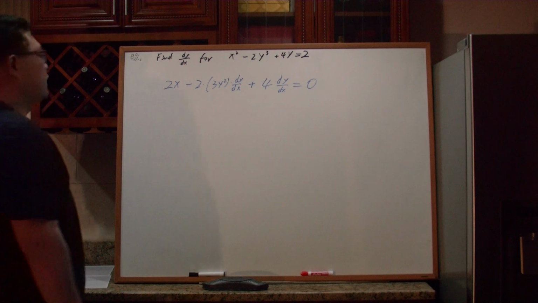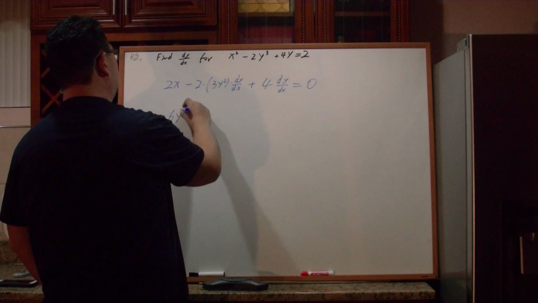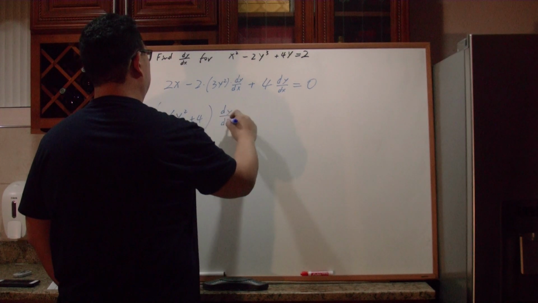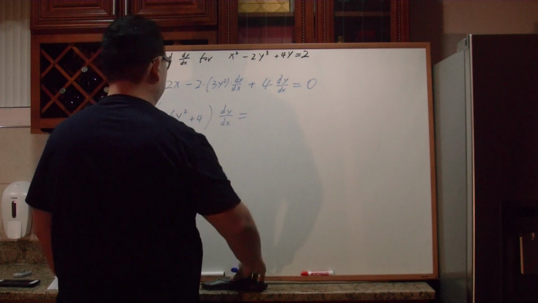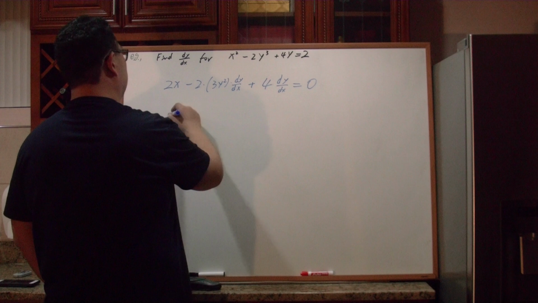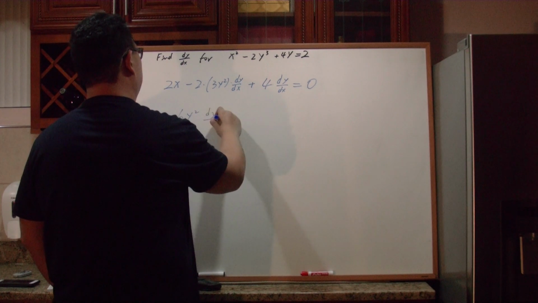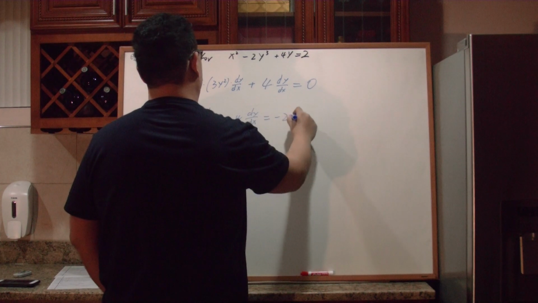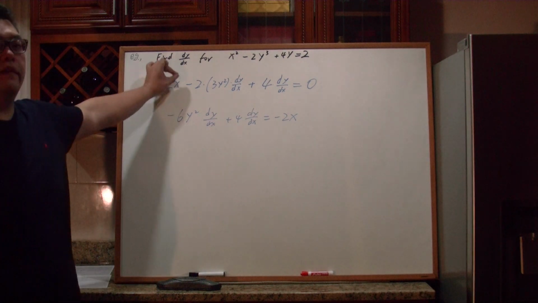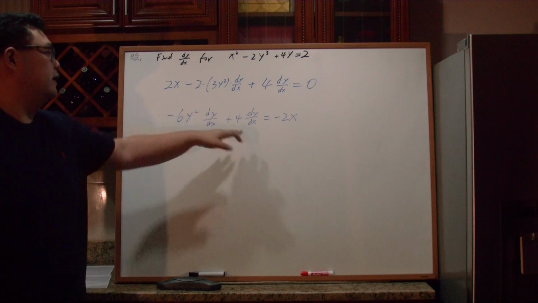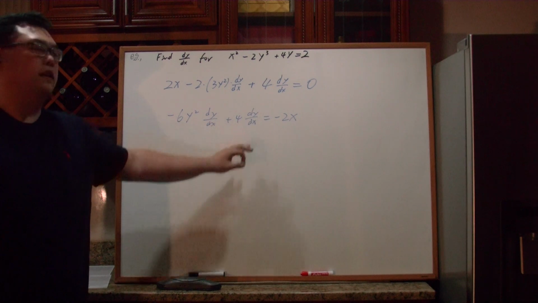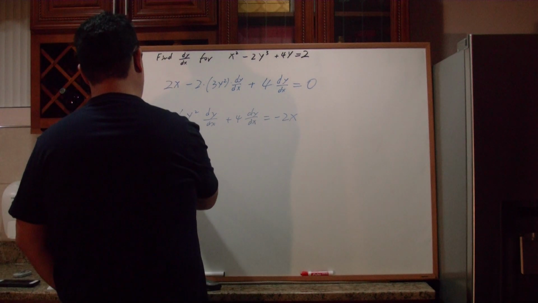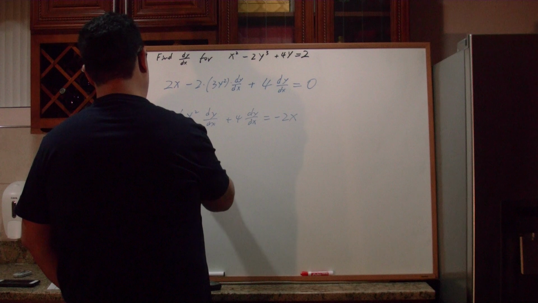And then we have the constant, which still has a derivative of 0. What we get is negative 6y squared dy over dx plus 4 dy over dx equals negative 2x. Step by step, we move the term that doesn't have dy over dx, the derivative we are seeking, to the right side, and leave the terms that have dy over dx as a factor, and we factor it out. I have negative 6y squared plus 4